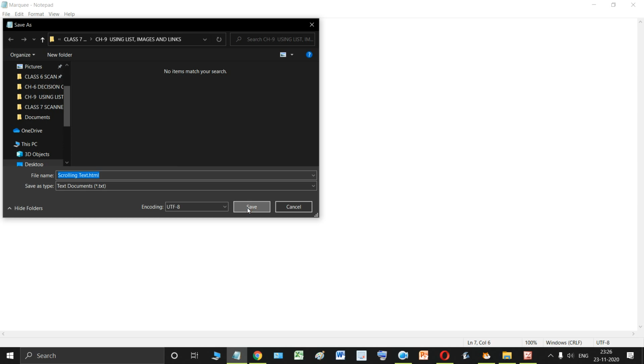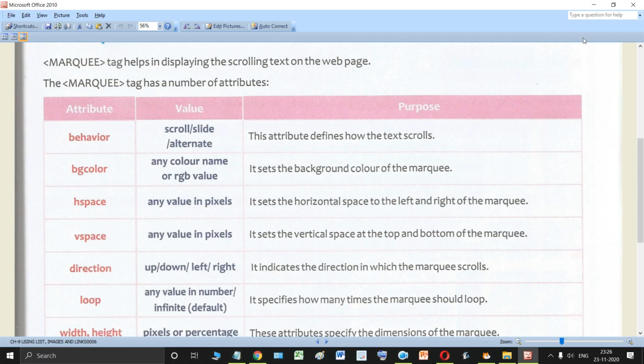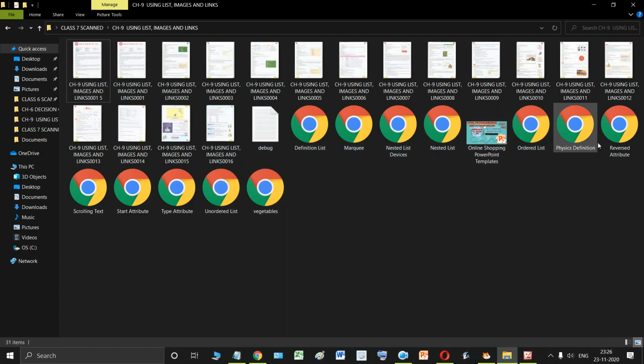Now click on save, and go to the place where you have saved. So this is my file. I will just double click on it, and as you can see, the text apple is going to scroll on this web page.